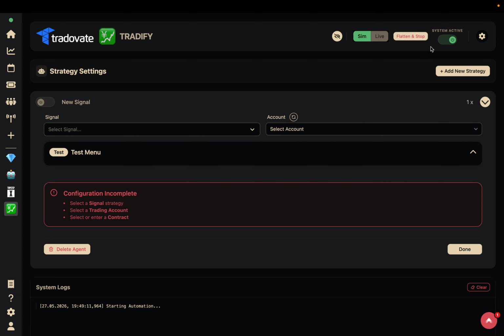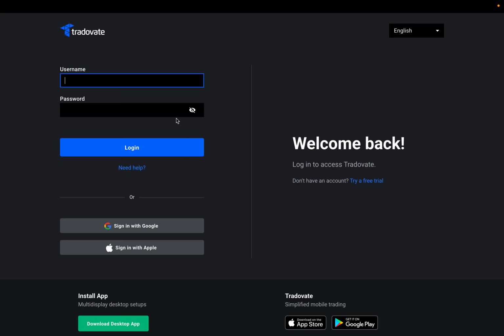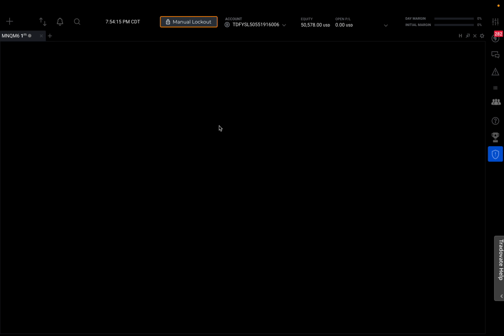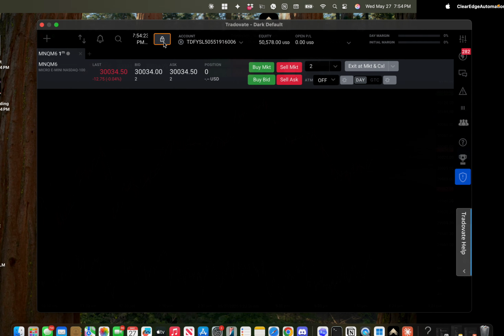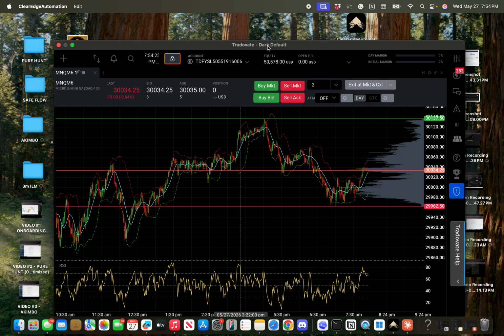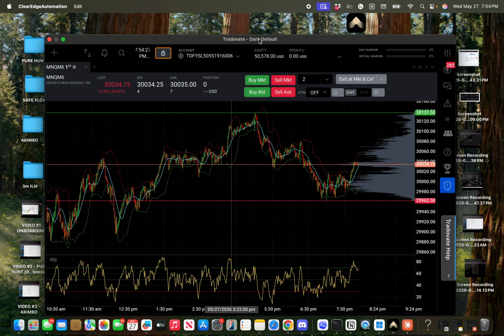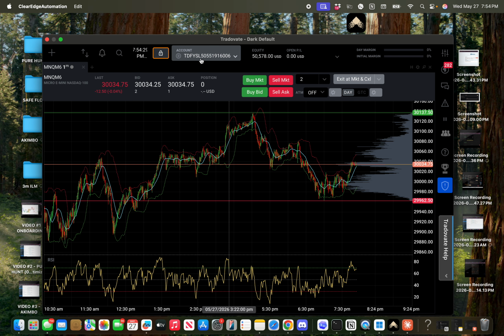Then you open the system, right? You turn the system on, and then it launches Tradovate. No, it does not use the API. It uses your device. This is why. Look, it auto logged me in because I set the credentials, and it's open on my device. This needs to stay open on your device, okay? For every broker. Sorry, for every prop firm. So I'm gonna need to do this for Tradeify. I'm gonna need to do this for